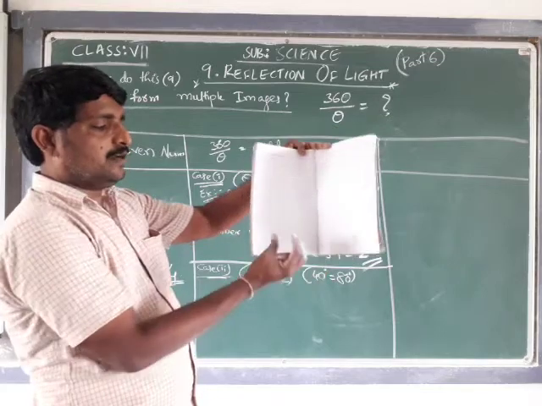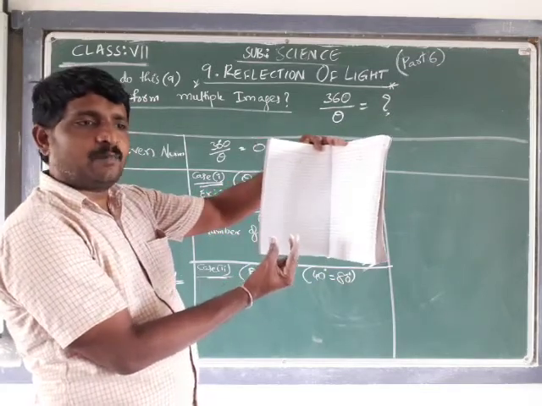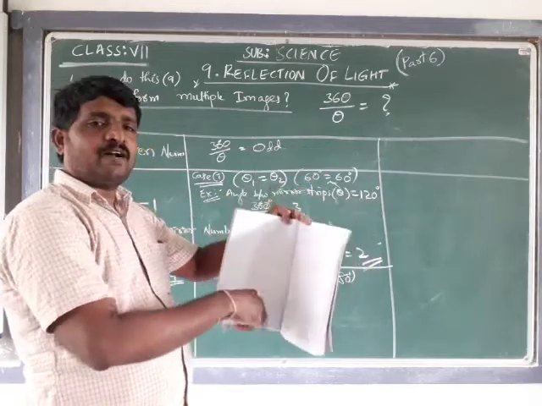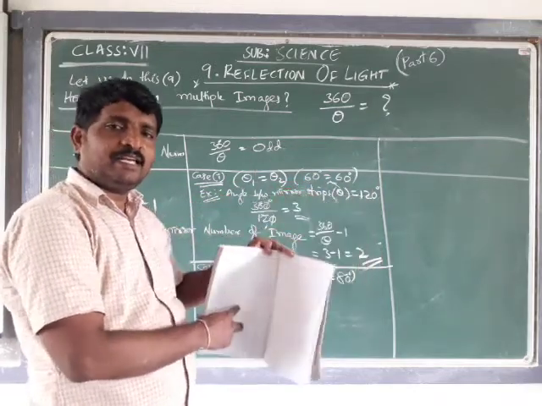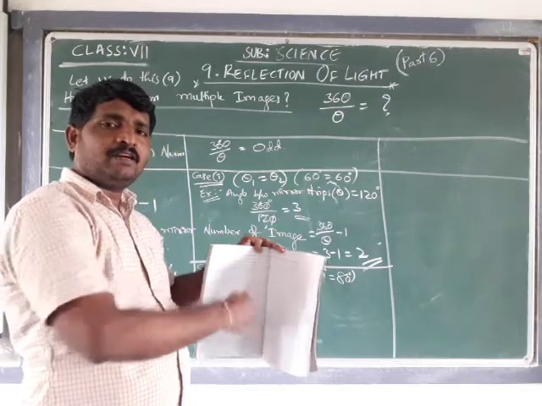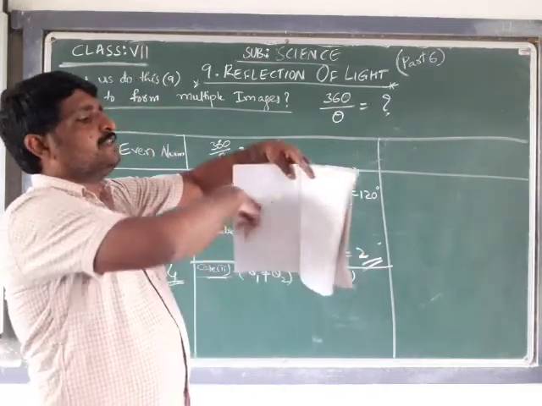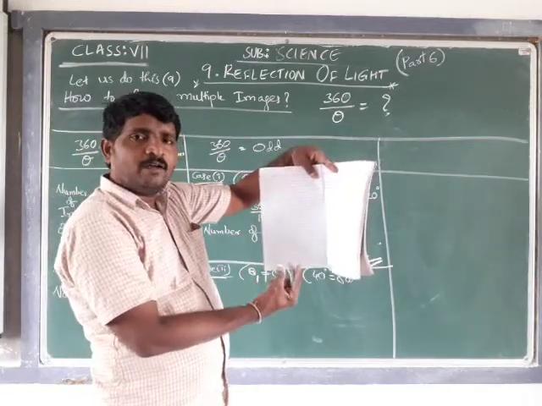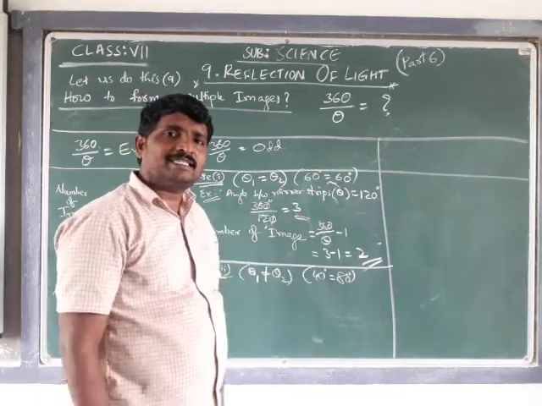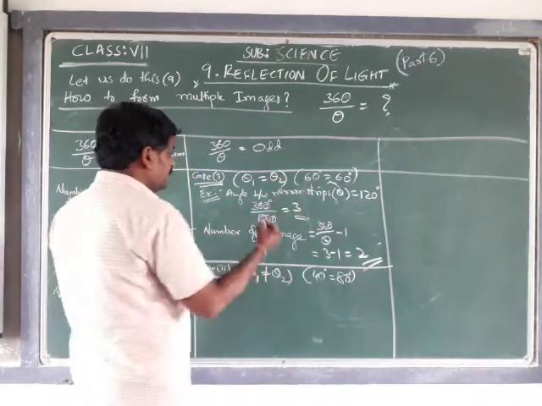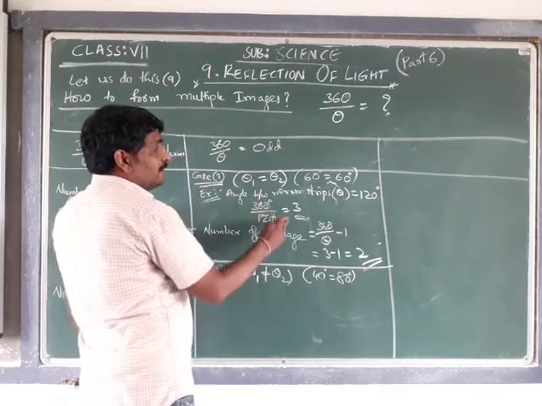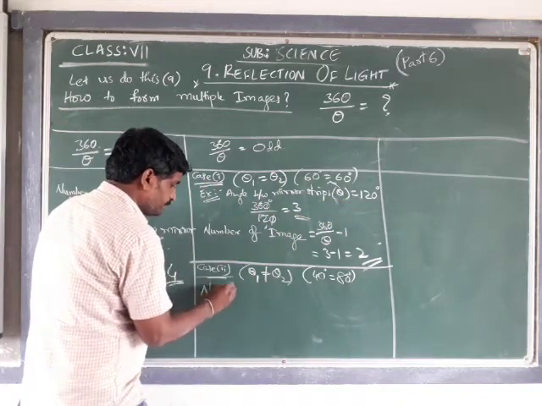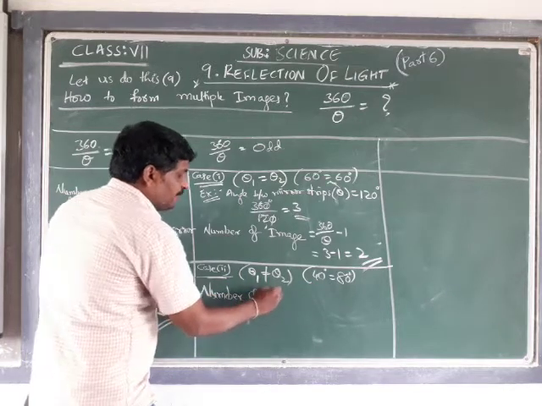One angle is 40 degrees and the other is 80 degrees. The two mirror strips are 120 degrees apart, but the object is close to one mirror, dividing it into 40 and 80. Then, if the angle is equal to 120 degrees, the number of images